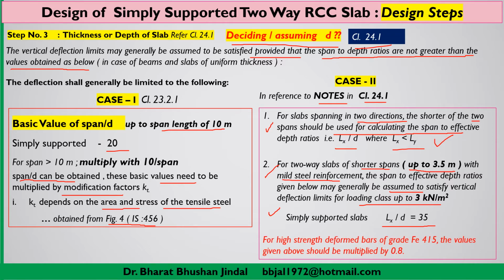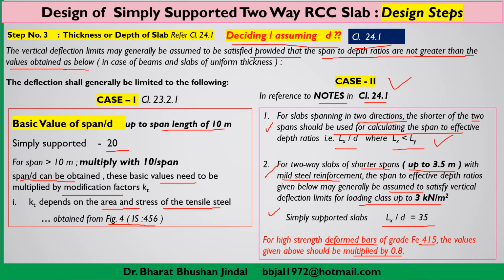Now, if you are using high strength steel, as we normally do in practice, with grade Fe 415, then our value, that is the value 35, we can multiply by a factor of 0.8. So that means if the second case is in your problem, that means having a shorter span length